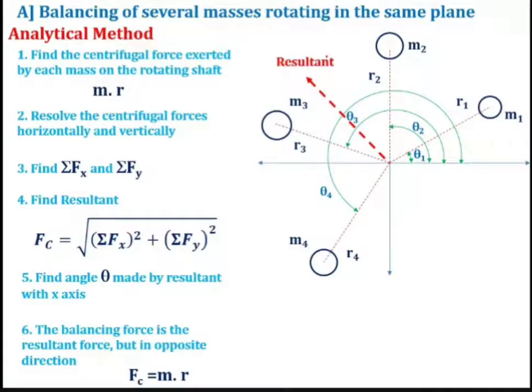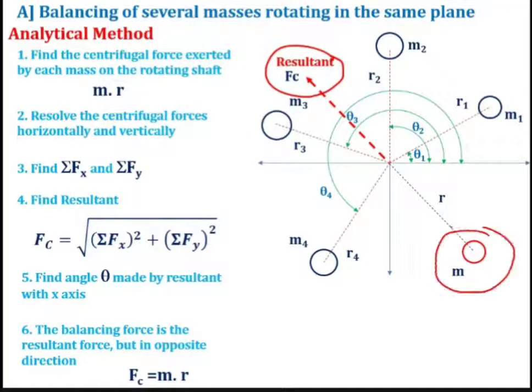So this is nothing but a resultant Fc, and this is nothing but a balancing mass at a distance r. Try to understand that whatever you are getting as Fc is the resultant force, and opposite to the resultant force but of the same magnitude is the balancing force. From the balancing force Fc, you will get this balancing mass M, that is Fc is equal to M into R, and normally R is given. If R is not given, you can assume it suitably depending upon the problem statement.